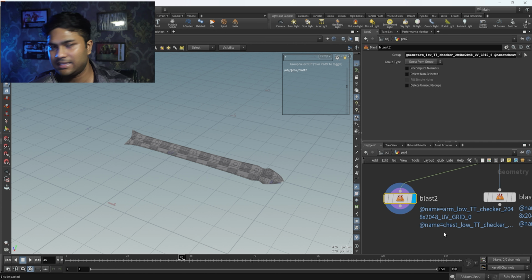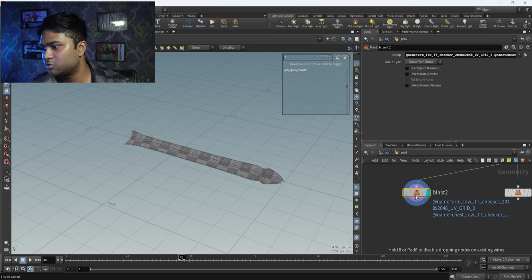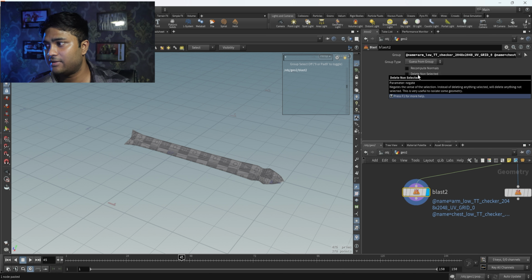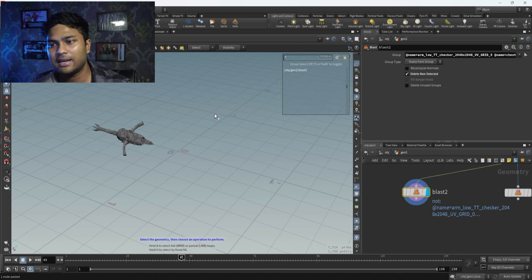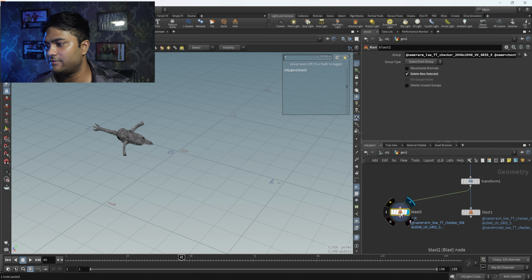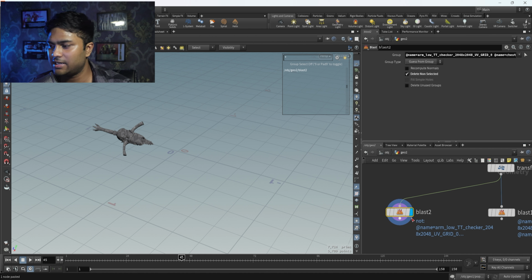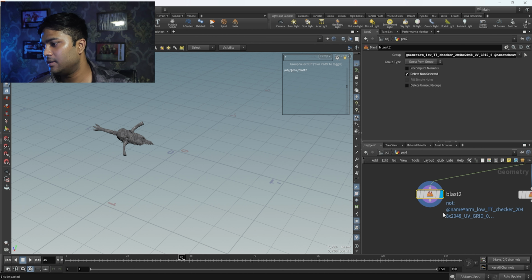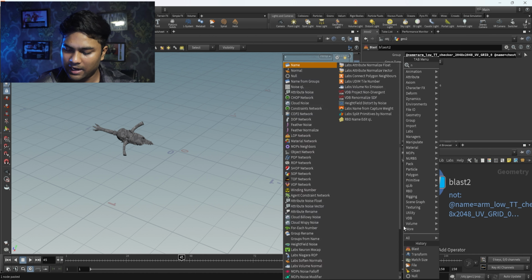Because at the end we will merge both the blade area and base area, we have to take our base area also here. After taking it, we just want to click on delete non-selected. After clicking on delete non-selected, we will get our base area. Because it is the copy of this, after hitting delete non-selected, our base area will be here only. After that we have to name it.